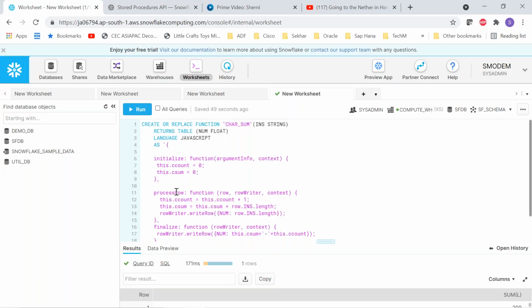So process row, we have seen this function, row writer, context. So row writer, I'm just trying to write number, and then whatever the row, the column name that you have passed, dot length. So if you pass ename dot length, that is the output that I am passing. But before passing it, what I'm trying to do is count the elements, how many elements are there,